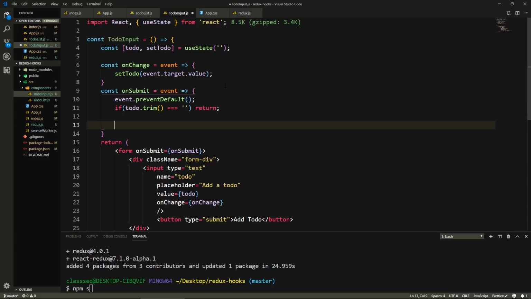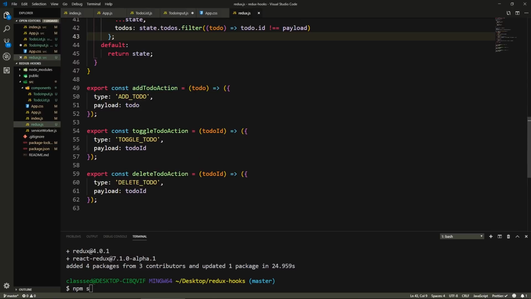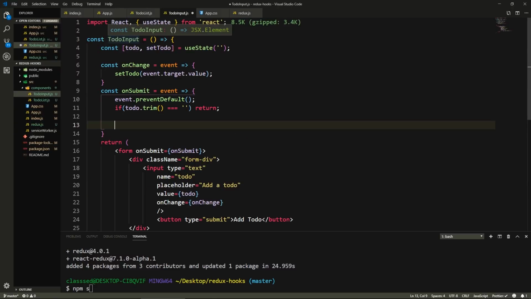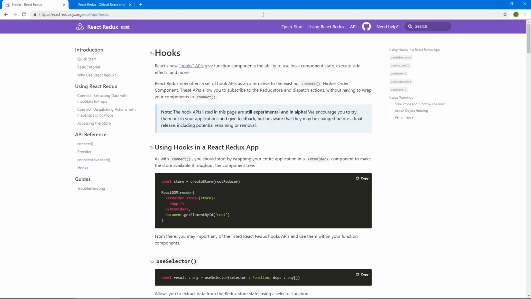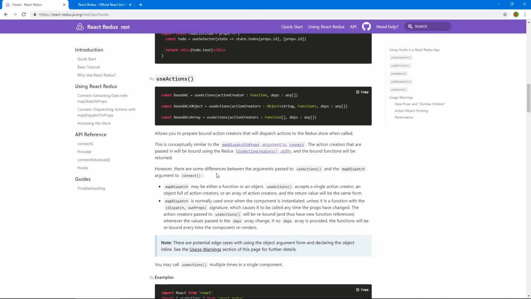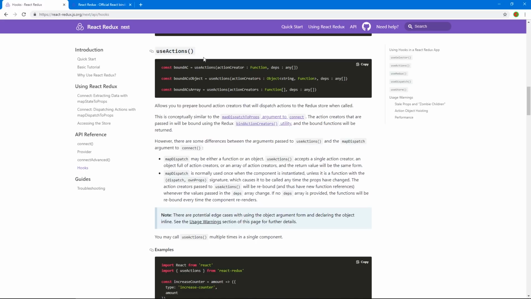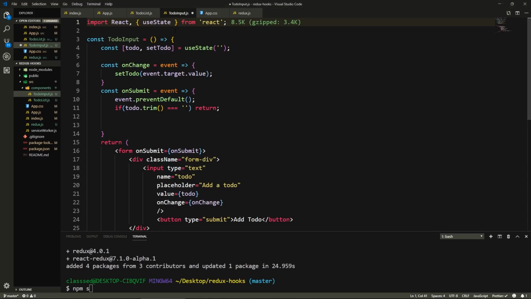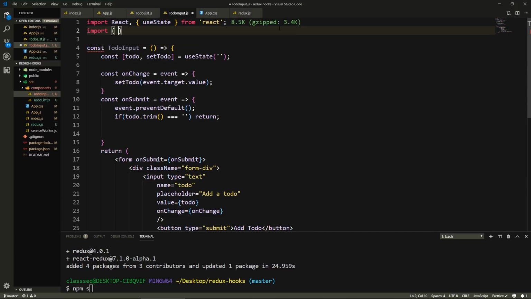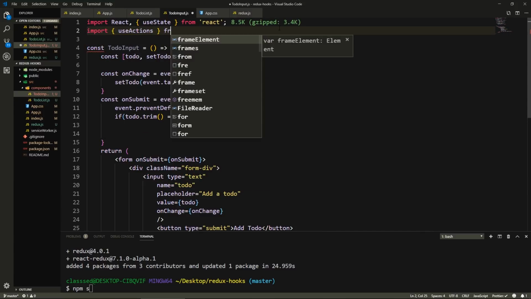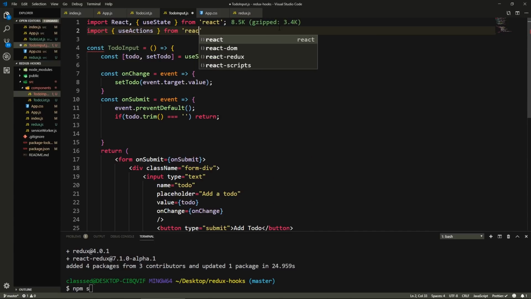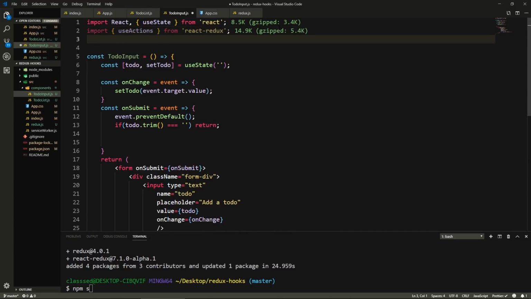And here, actually we need now to bring in the action from Redux, this add to do action that we created. So what we need to do is we need to get our use actions. So if we go to the documentation, here we have our first hook that we're going to use, the use actions hook, which is the hook that lets us get one of the actions that we created in our Redux setup. So here we'll actually import that. So we'll say import use actions from react-redux,